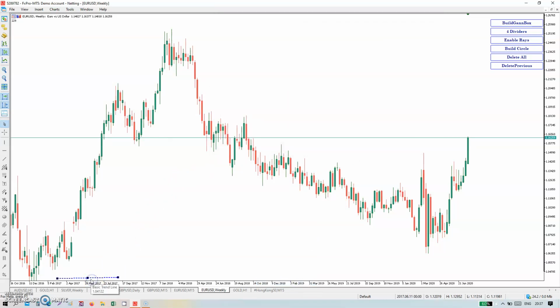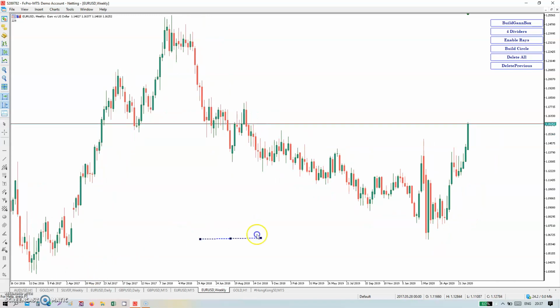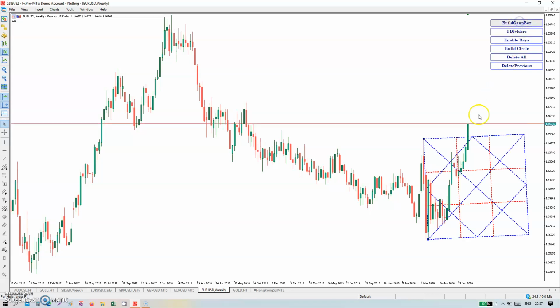Okay, let me draw GAN box. GAN box means it's a divider of four dividers, 3 dividers. Okay, what does that mean? 33 is the third divider. So there are 3 dividers, which are 33.3, 66.6, right? Price and time, which is the red line. Okay, all other angles, 45, crosses, center square, are all different.